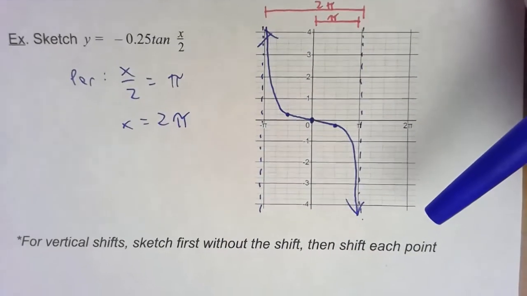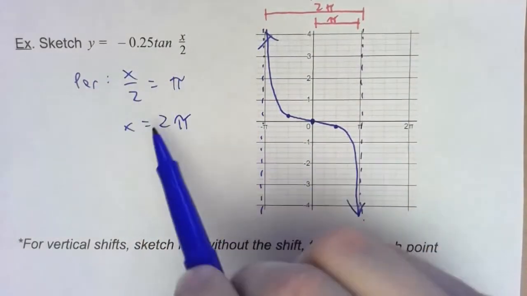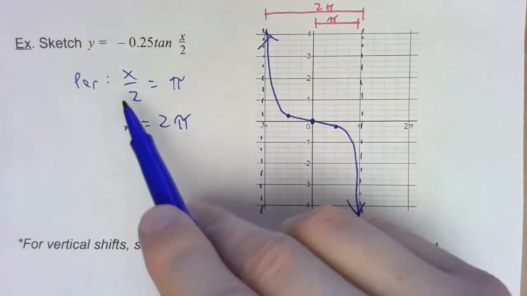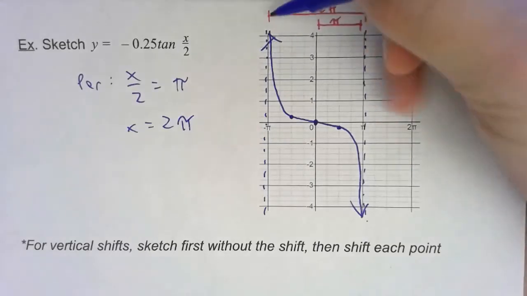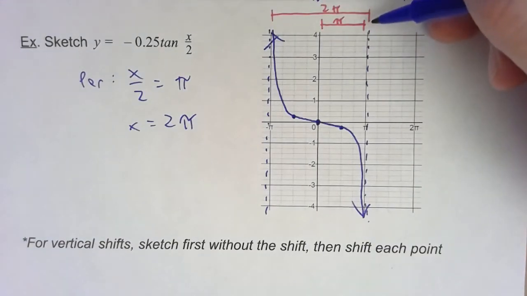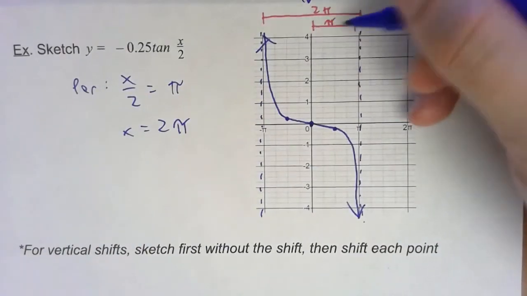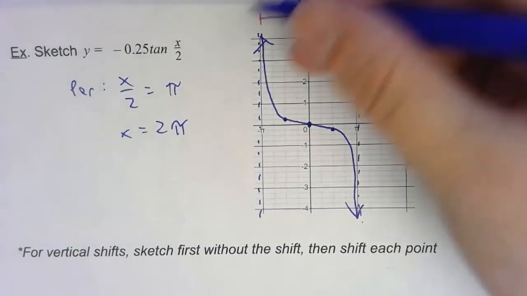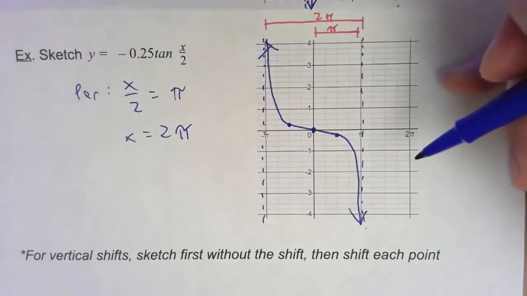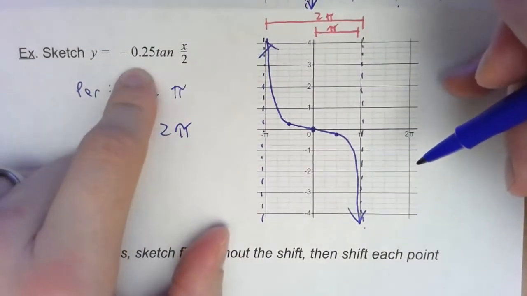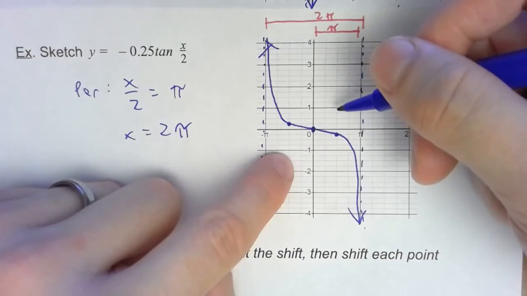Right, so this is what this one would look like. So we had a period of 2 pi. We took x/2, set it equal to pi. That gives us a period of 2 pi. That's the length from this asymptote to this asymptote. So that meant the asymptotes actually had to be at pi and -pi. Distance of pi here, distance of pi there makes a total distance of 2 pi for our total period of 2 pi. And then because of this 0.25 here, our points, instead of being at 1 and -1, now they're